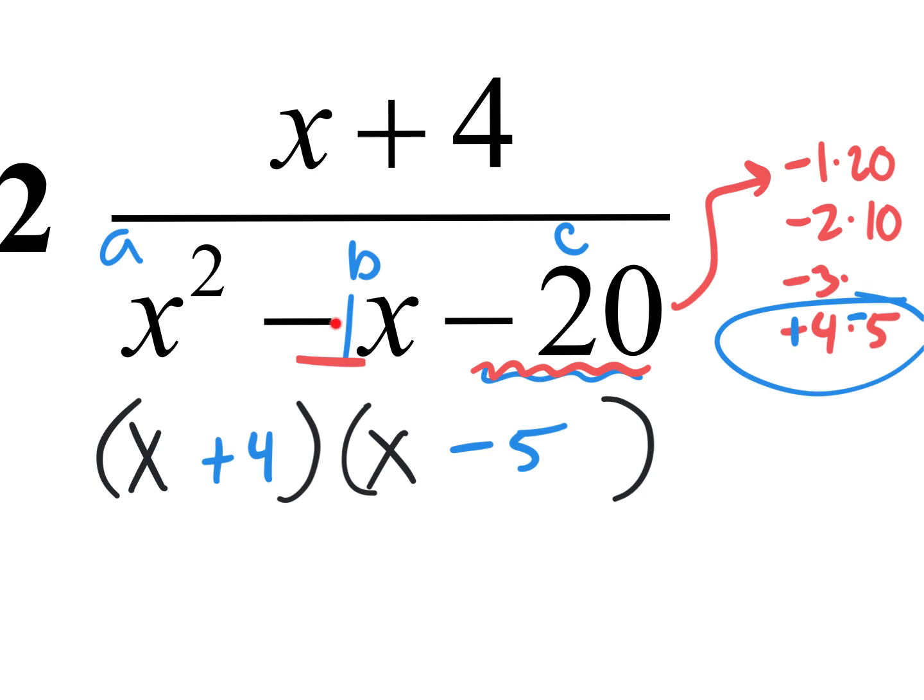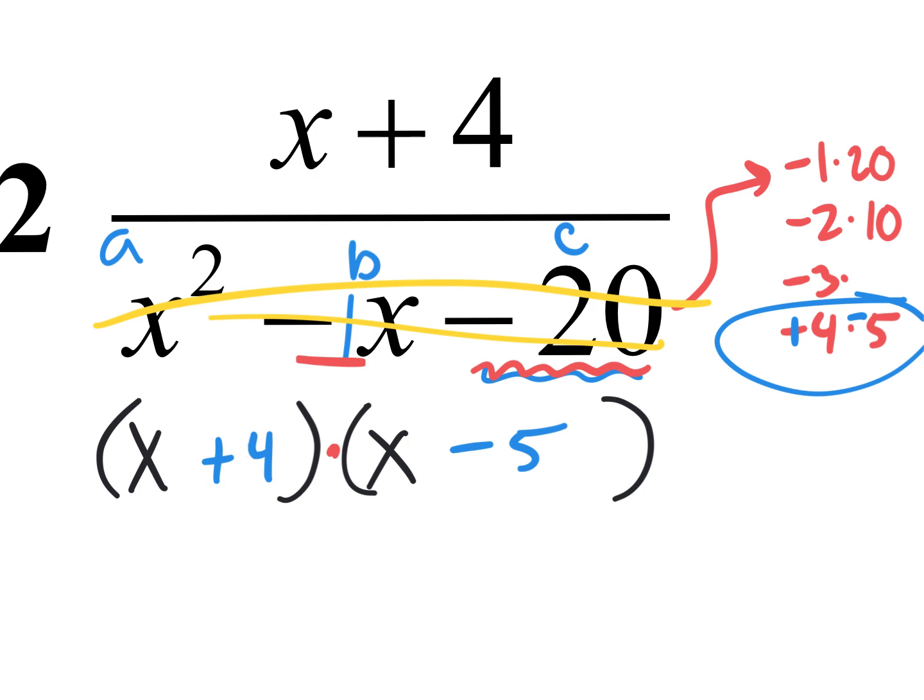Since I already rewrote this as those binomials being multiplied together, I'm just going to put a line through it so I don't get confused on the denominator. But what I really do have is x plus 4 on top over x plus 4 times x minus 5. I really do have multiplication down here. And because I have an x plus 4 on top and an x plus 4 on the bottom, I'm going